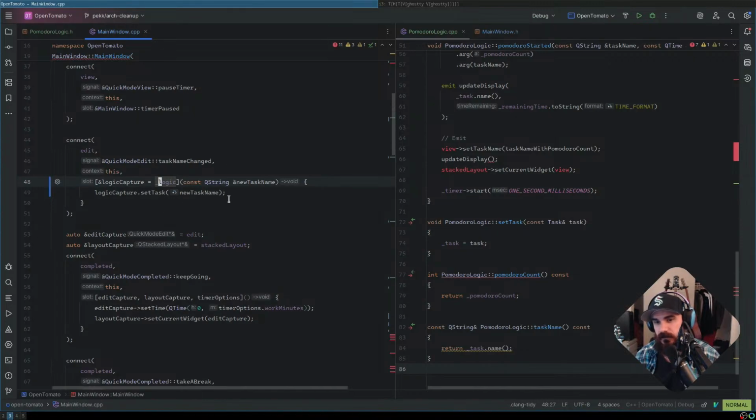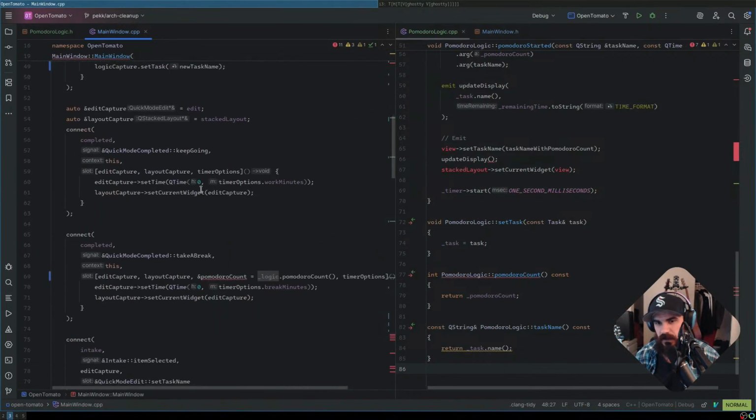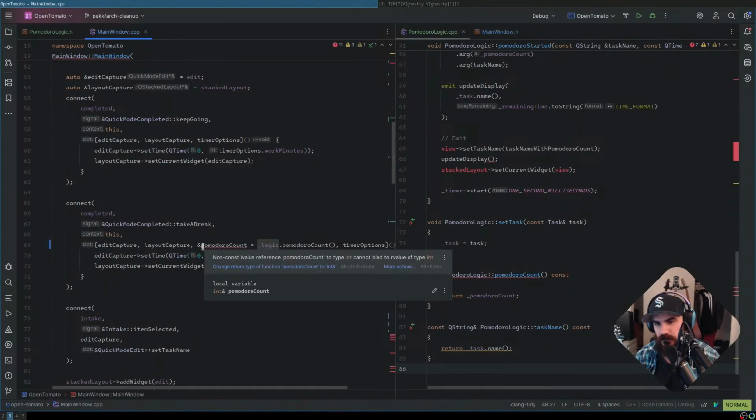And since I'm using underscores here, I might not even need the capture suffix anymore. I'm going to keep it for now. But I might not need it. So int cannot be down to non-const L value. Reference to int cannot bind to R value of type int.